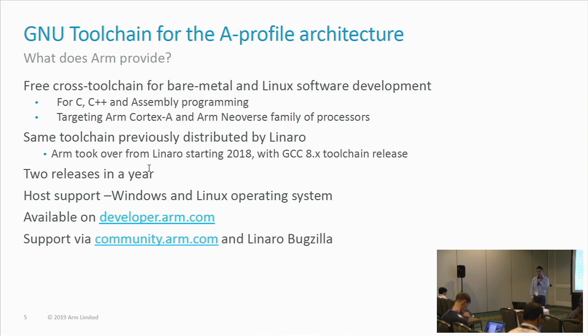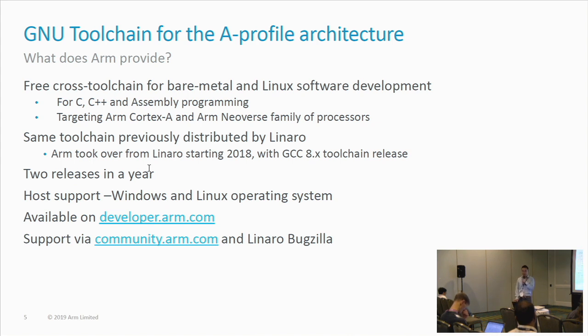Okay, coming to the A profile release. Again, very similarly, it's cross tools for bare metal and Linux software development. The embedded toolchain is only for bare metal, but for A profile, we do have a Linux target toolchain. It has C, C++, and assembler, and it's mainly targeting the A profile and the new